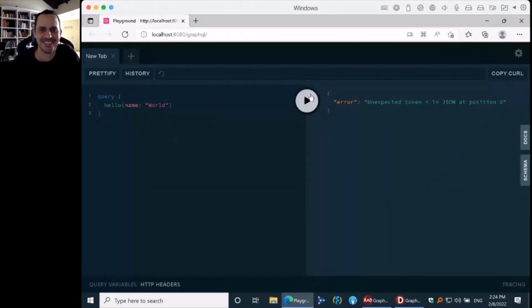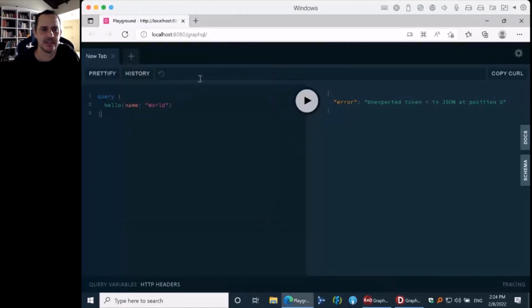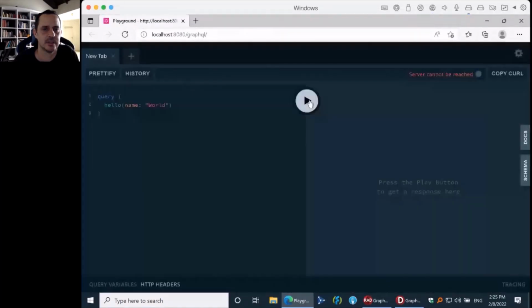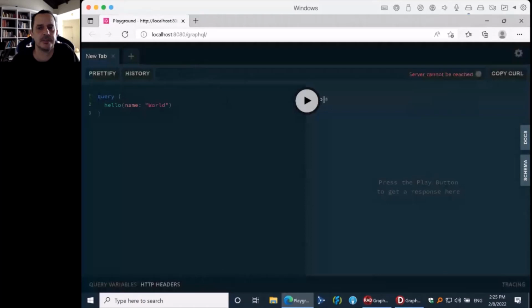it doesn't work. What's happening here? I think the server cannot be reached. Let me open again. I think I erased the URL here.